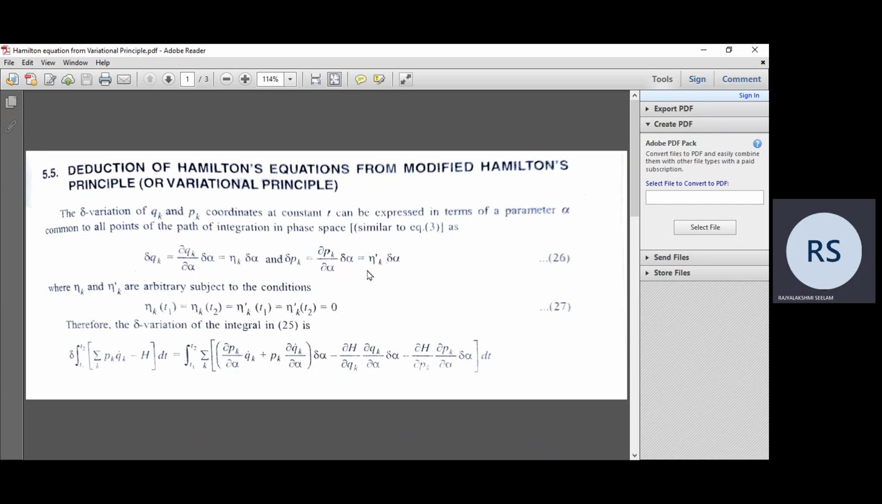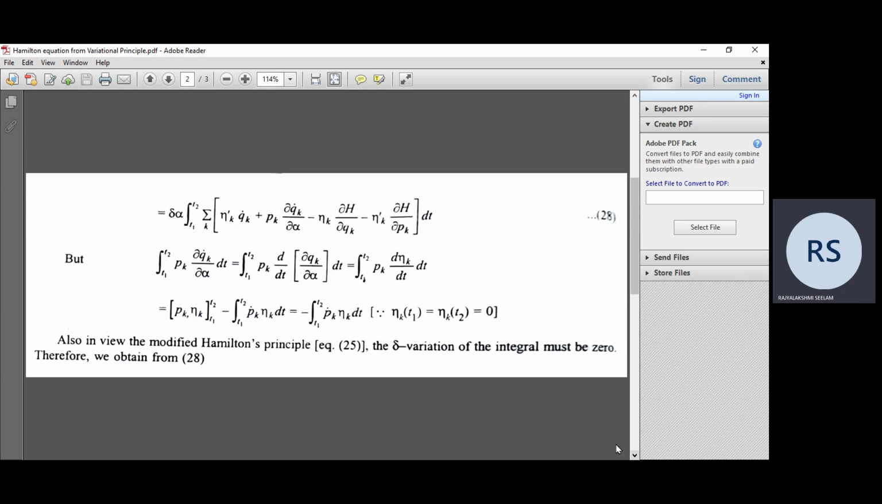So here we have to replace ∂pk/∂α with η'k, and here we have to replace ∂qk/∂α with ηk. So by replacing the terms with η'k and ηk, we'll obtain this one: